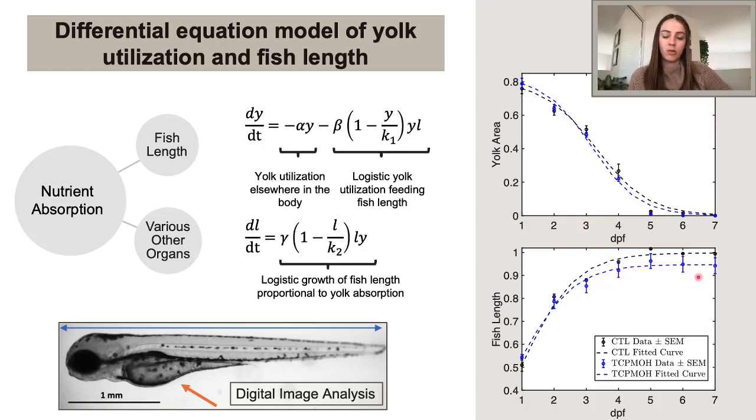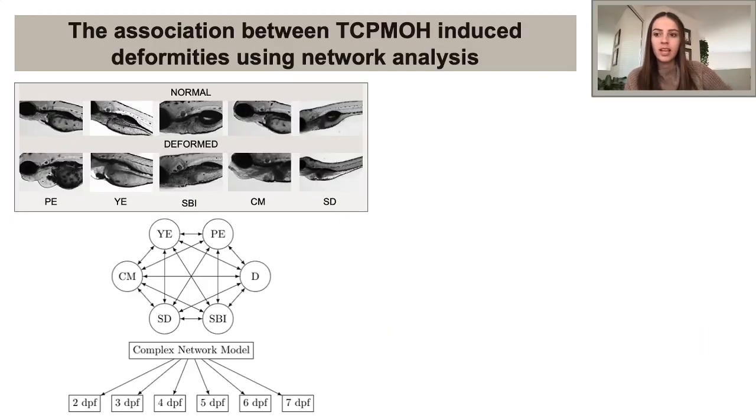a decreased fish growth. This is important because if the fish uses their nutrients too quickly during the developmental stage, this can pose a major issue for them to develop fully because they only have a finite amount of nutrients available at the beginning. So I continued to assess other developmental deformities, and I actually determined a complex network model